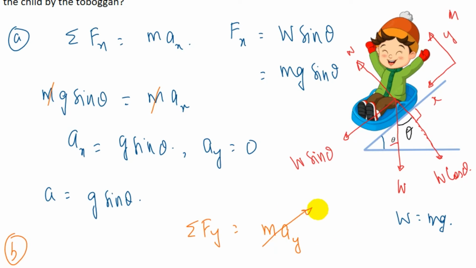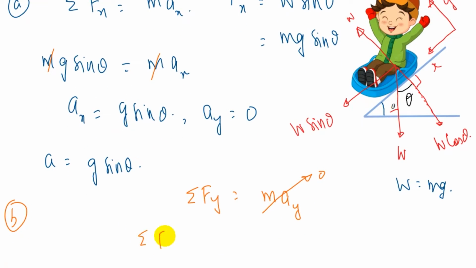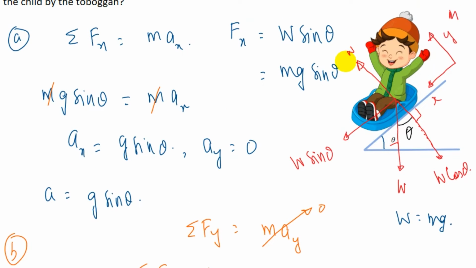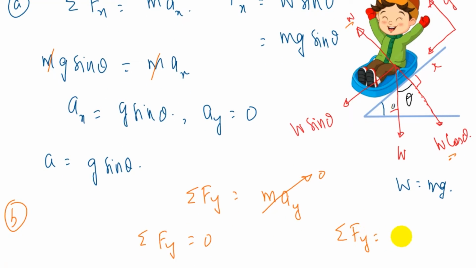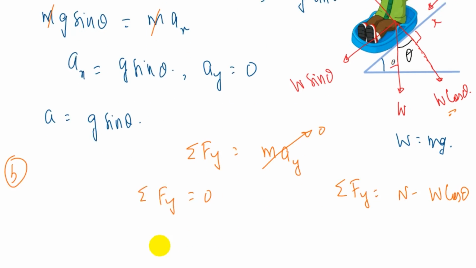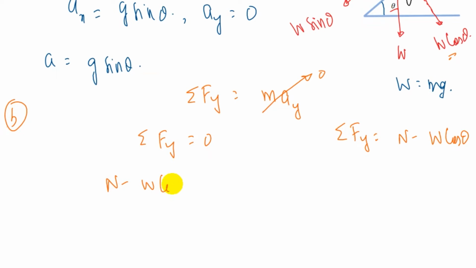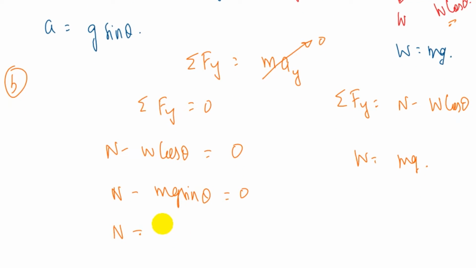Ay is 0, so this whole term is 0, or we can write that sigma fy is equal to 0. Now we have taken this direction to be positive, and so this will be negative. So sigma fy will be equal to n minus W cosine theta, so we can put here n minus W cosine theta is equal to 0. Now W is mg, so n minus mg cosine theta is equal to 0, or we can write that the expression for n will be mg cosine theta, and in vector form